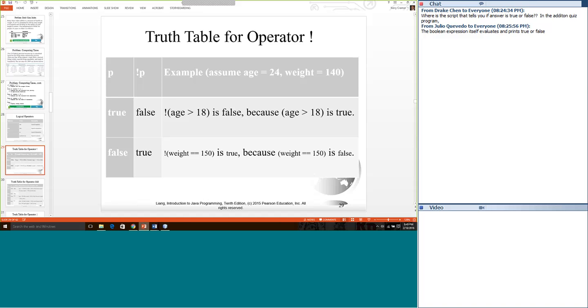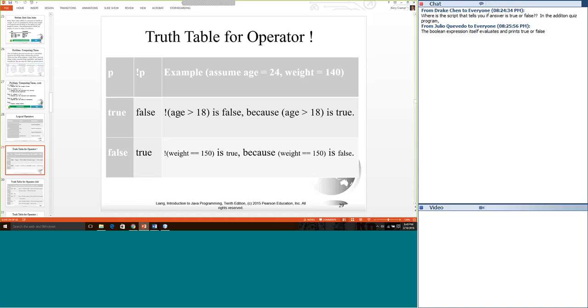Here are two examples. Example: assume age equals 24 and weight equals 140. So let's evaluate this.